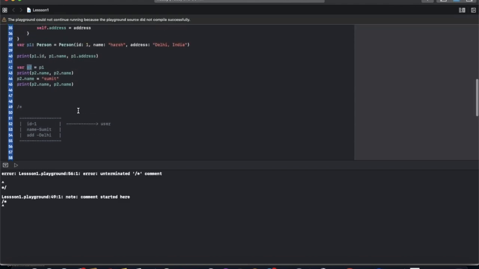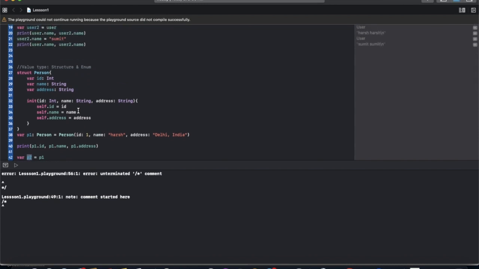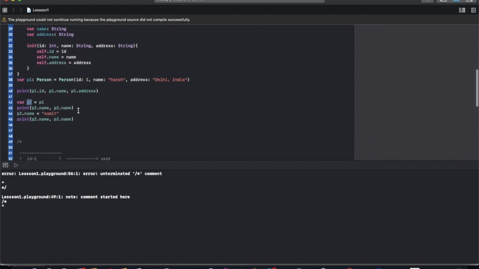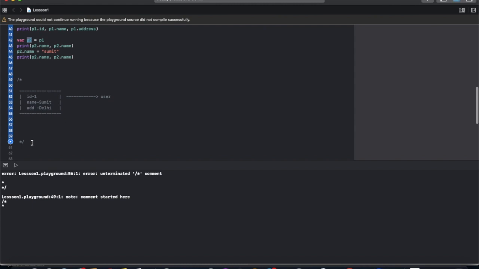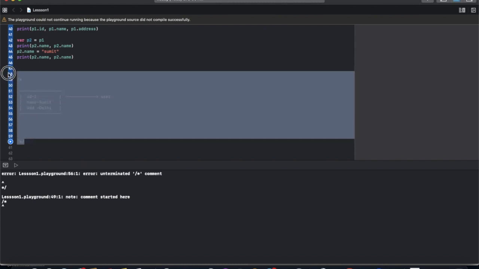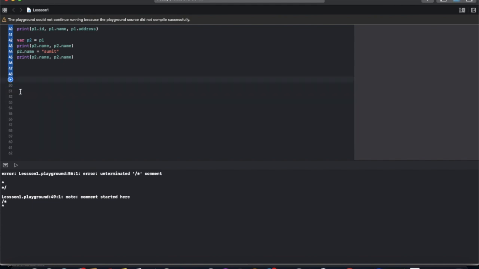what is the difference here? Sometimes we just remove this and run it.